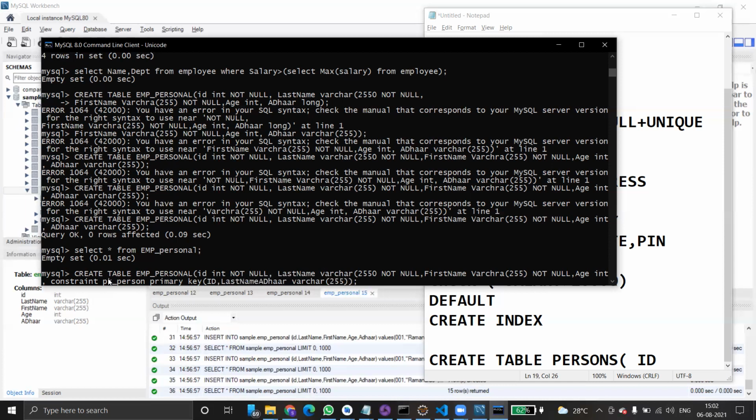So this is how we can make a constraint. We can create a constraint at a particular field. Here what we are doing is creating a constraint called pk_person. It is applicable on this table, where we are making both ID and last name unique and not null. That's the reason. So automatically, ID and last name become primary keys.